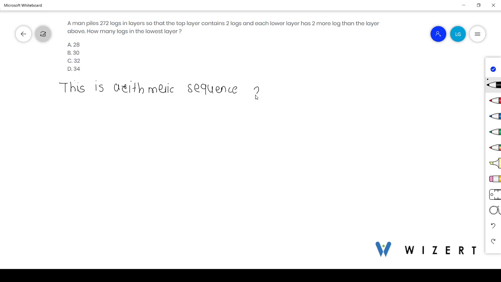That is 2, 4, 6 and so on, because here we can observe the top layer contains 2 logs and each lower layer has 2 more logs. The nth term of an arithmetic sequence is